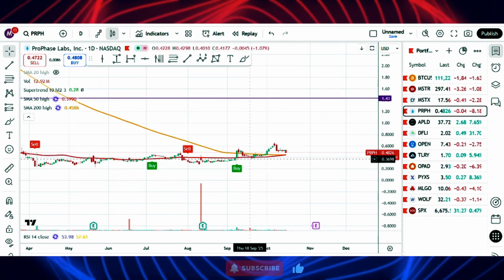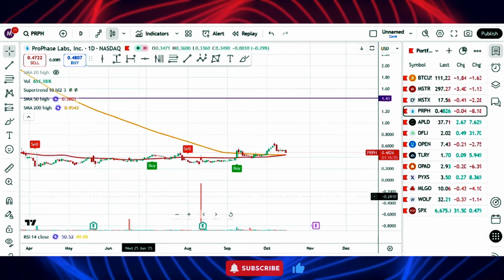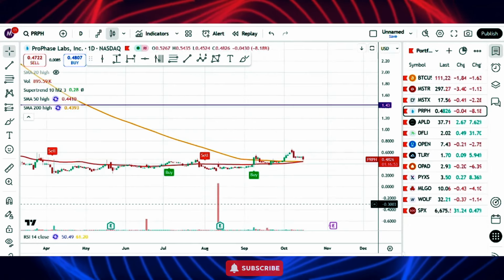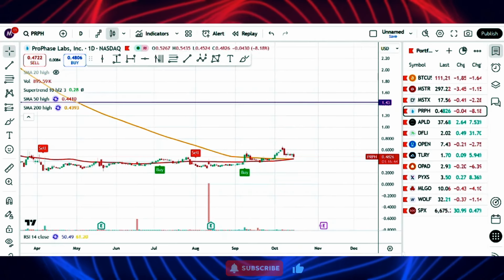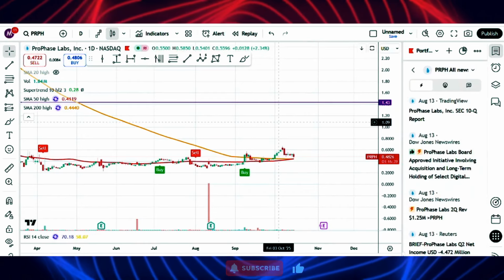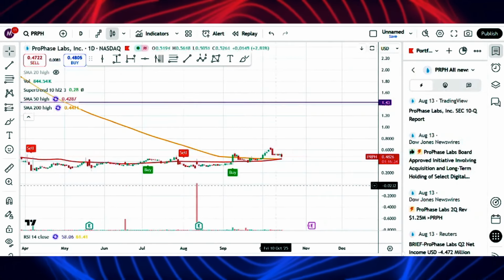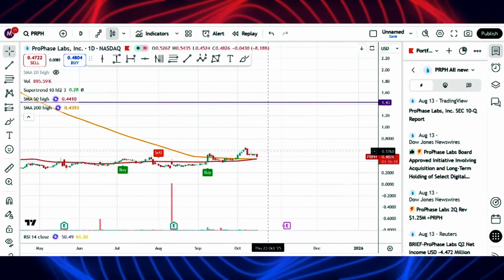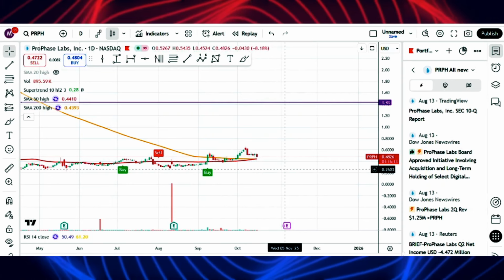I don't know exactly when this rally is going to start, but once it starts, this stock has incredible potential. And I'm going to show you the price target of a different analyst that is going to really shock you. So stay tuned for that. But I'm showing you DFLI to show you that for PRPH, the rally could start next Monday and it will be trading at 80 cents or a dollar next Monday, or we might have to wait until this